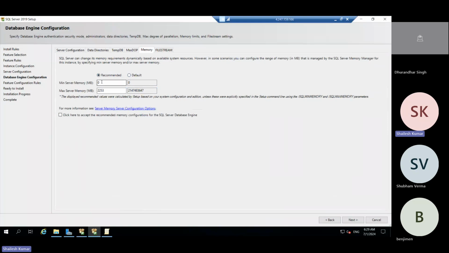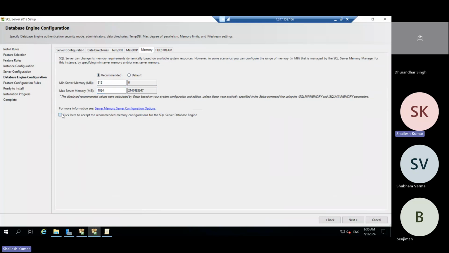So we have just bind here the starting, the minimum, that is 5112 MB, and the max as per your user connections, as per your data. You can just bind here maximum 70% of total physical memory. So we have 4 GB. We are not going to assign 3 GB because we already have some different activities, some exe on the system. So we can just assign maximum 1 GB because it's a demo server. Okay, 1024 MB.